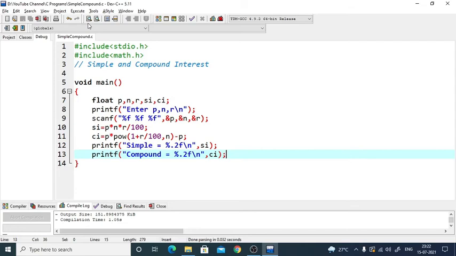So here we have learned how to work with math functions. We have used the pow function here. For that we need to include math.h. We have seen that as well, and in a very beautiful manner we have applied the formula of simple and compound interest, and we found the answers. Slowly and steadily we are getting more confidence about doing the programming. The idea is to give you more practice, so that when we go for control structures and do bigger programs, you would be very comfortable. I hope all the things done so far, you people are getting it very well.